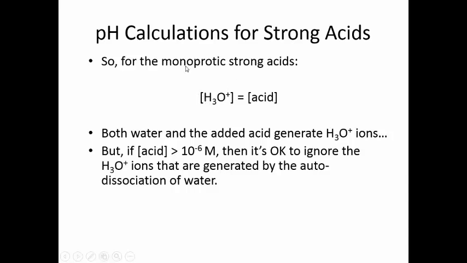Okay, for the strong acids, and monoprotic means acids that can just give off a single hydrogen. The acid is going to react completely, 100%. When the acid reacts, it produces hydroniums. So it's going to react completely. So the concentration of hydroniums that you're going to end up with is just going to be, like, stoichiometry equal to the starting concentration of acid that you put into the water in the first place, because all the acid